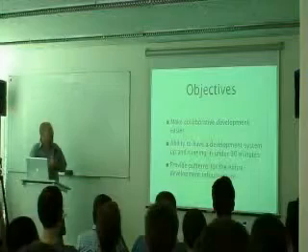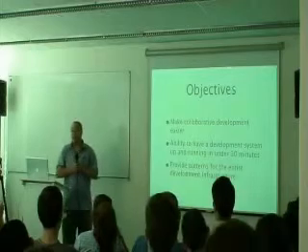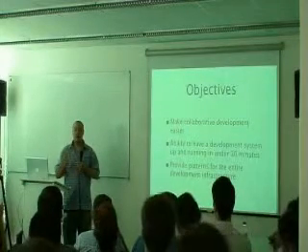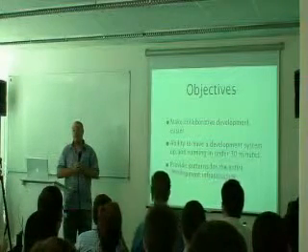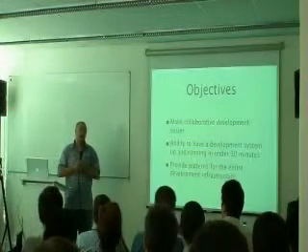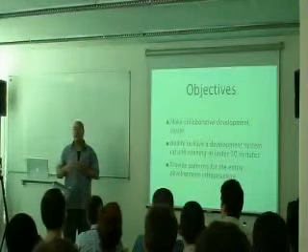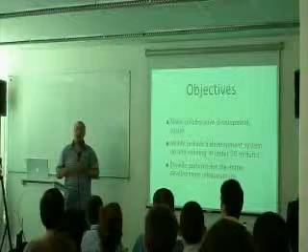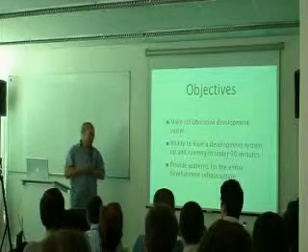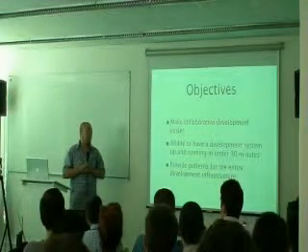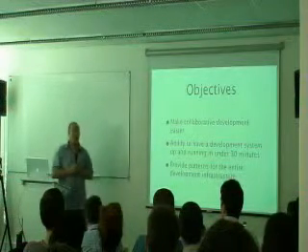So we want to try and be able to set up a development environment in under 30 minutes. So right now we're using Red Hat Kickstart installed, and we're looking at Ubuntu. Mark Shuttleworth came to ApacheCon, so I chatted with him for a little while, and they seemed interested in actually putting something together with Ubuntu. We don't want to be tied to any one operating system, but we're probably going to start with the Linuxes first, and it looks like it'll be Red Hat Enterprise, because that's what a lot of my clients use, and that's what some of the other collaborators use. E-Trade is one that's interested, and they use Red Hat Enterprise.